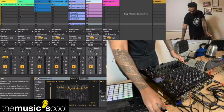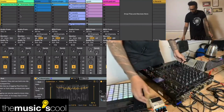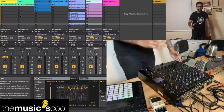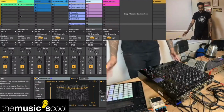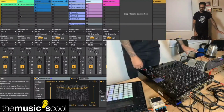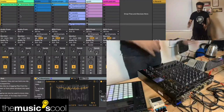Over here, I have a guitar pedal. This is really good for any kind of cool effects, delay effects that you want. I'm using this particularly because I want a particular character, a particular sound for this delay. And then I have the Push 2, which is controlling my live set. So at the heart of it, this is how my setup looks, and all of this is fed into